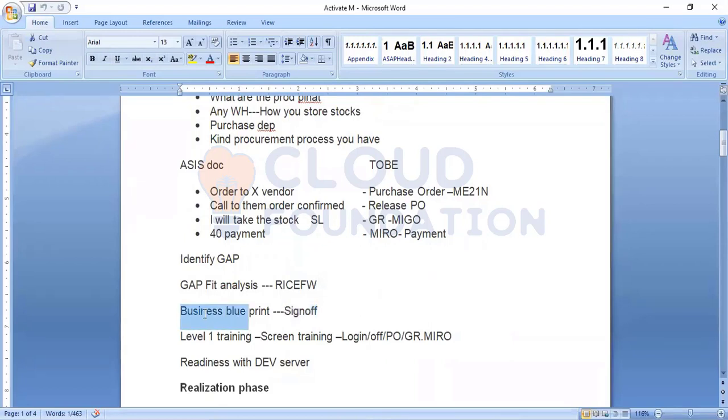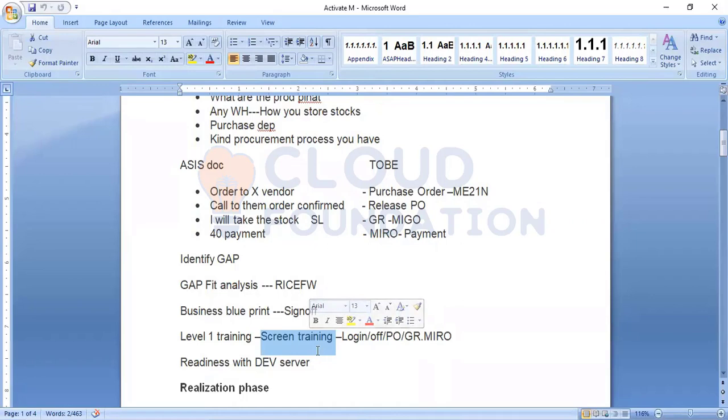In the business blueprint process, we will put all the business processes we discussed in our workshops. Once it gets a sign-off, we will start giving level one training to the business. In level one training, we cover how they need to open SAP and how to run simple transactions like creation of PO, creation of PR, how to do the goods receipt, and how to do invoice postings.